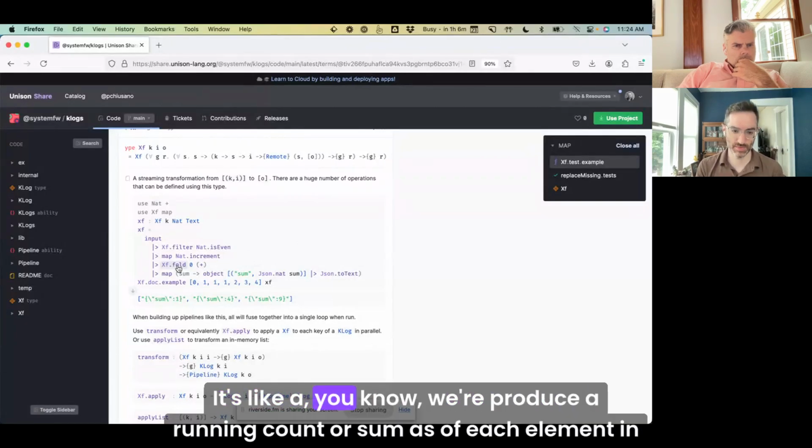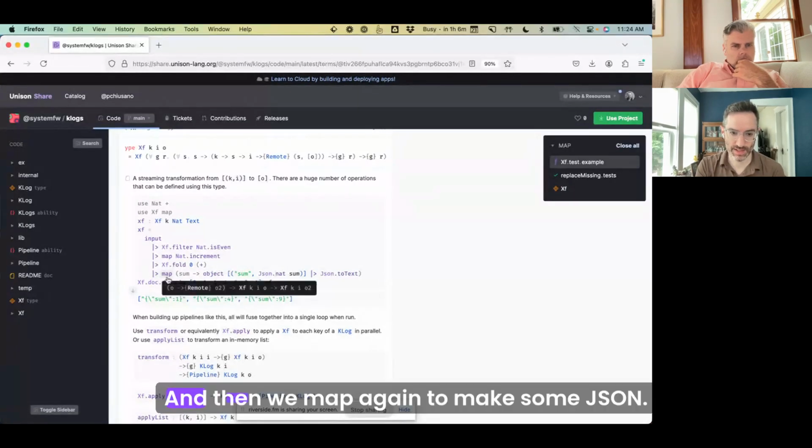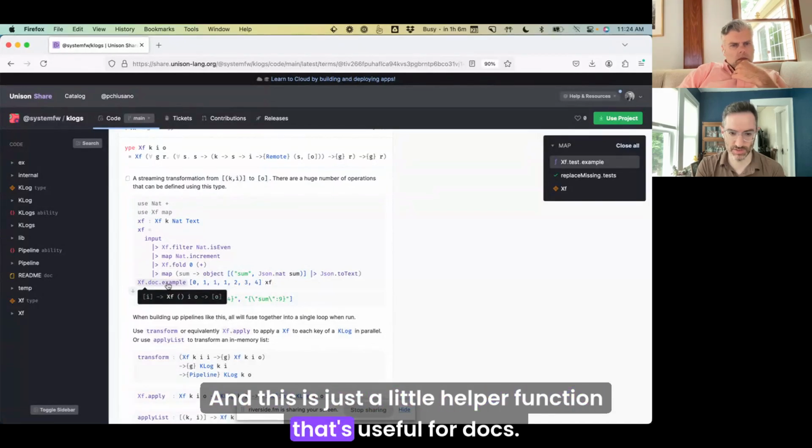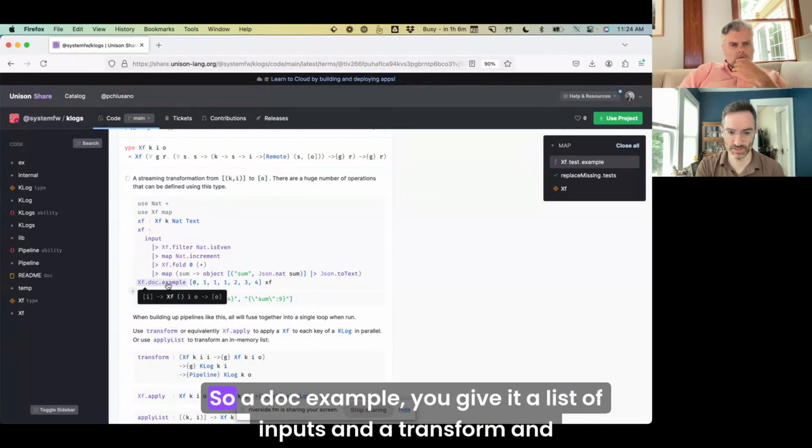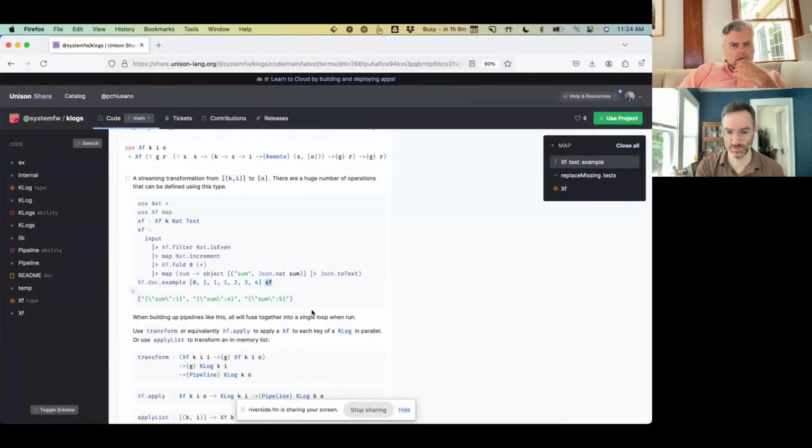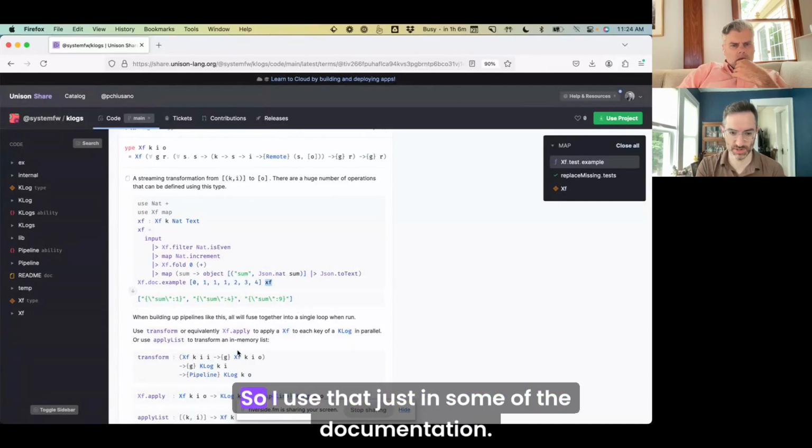It's going to produce a running count or sum as of each element in the input. And then we map again to make some JSON. And this is just a little helper function that's useful for docs. So a doc example, you give it a list of inputs and a transform, and it produces the list of outputs. So I use that just in some of the documentation.